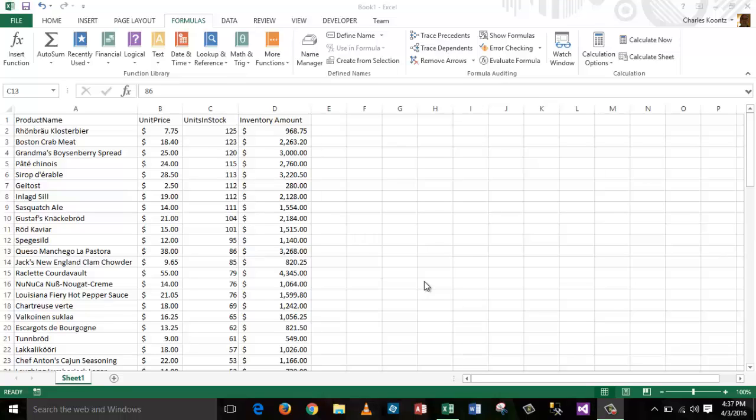Also, I'll use named ranges in arguments for functions so that you can see how that makes writing the function maybe a little easier and also more self-documenting. So what we're going to do is pretend that